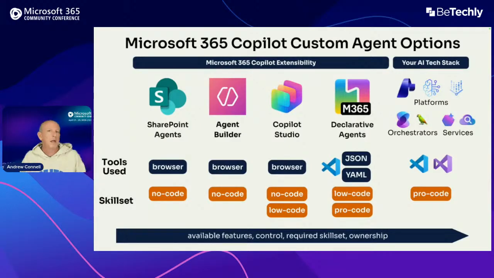So where does my workshop fit into this? My workshop shows you how you can build agents using these declarative agents. And what we do is we go through a bunch of different scenarios here. I'm going to show you how to create these declarative agents for creating a PTO request. And we'll start off simple. We'll have just custom instructions. And I'll show you how we can do the exact same thing you can do in Copilot Studio, but instead with the declarative agent,